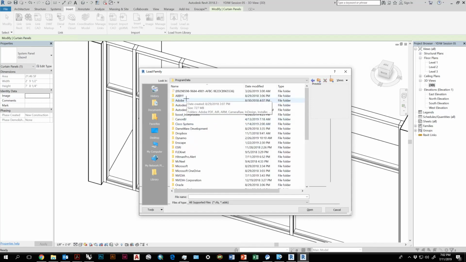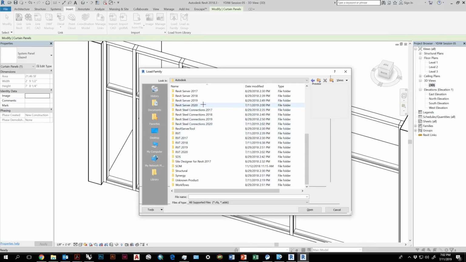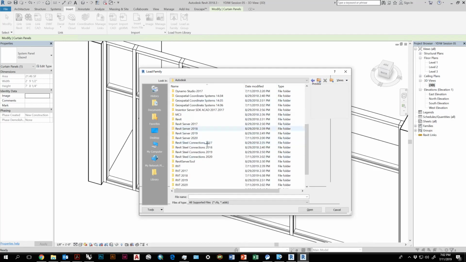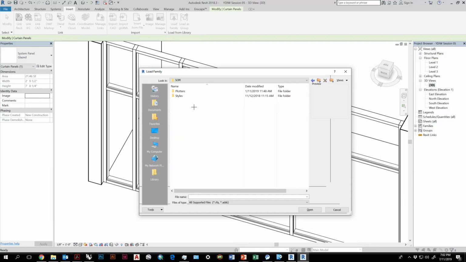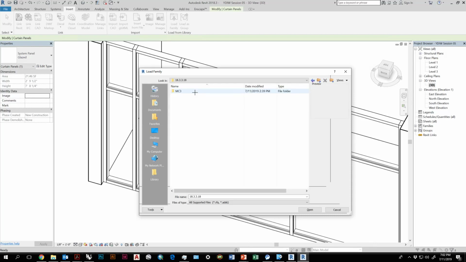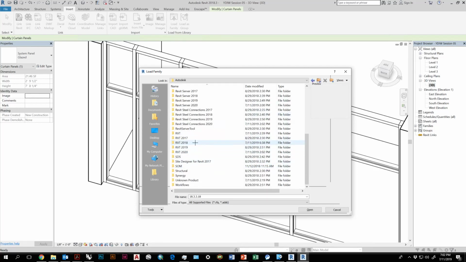Program Data, Autodesk, Revit 18. I'm going to replace families in a different location. Every firm uses Revit differently.